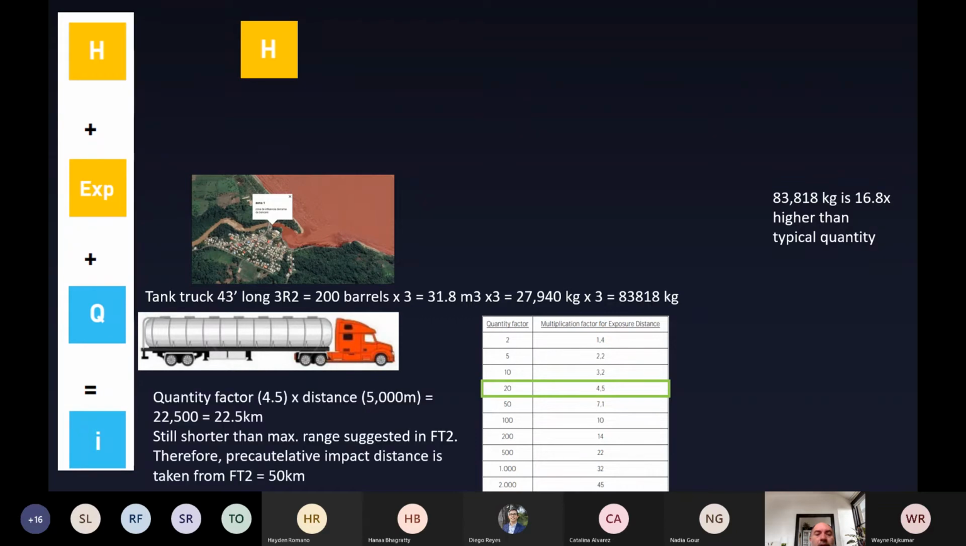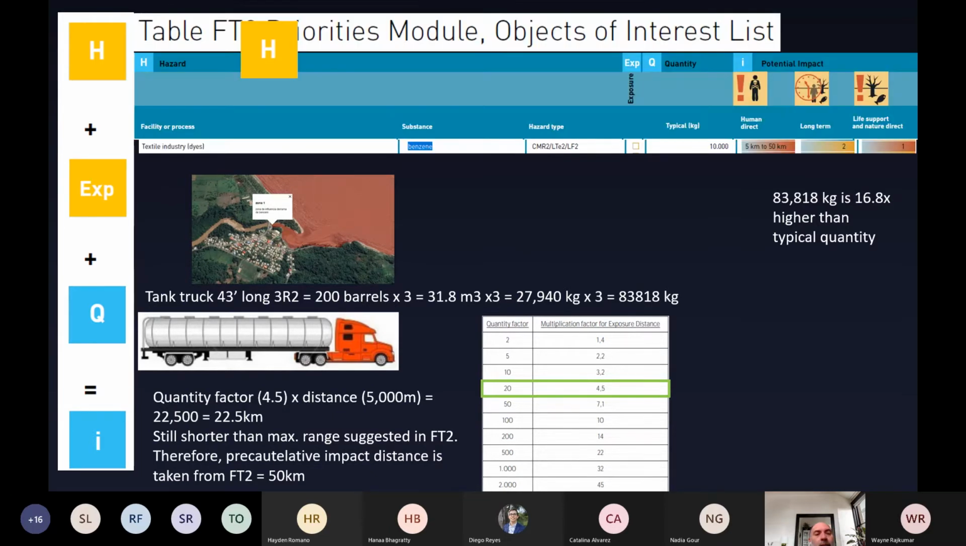If it is 16.8 times higher, I just approximate the 16.8 to 20. So I would just multiply the distance by the factor 4.5. And this would give me 22.5 kilometers around, not the 5,000 meters that was firstly pointed out by the table. And this is far shorter than